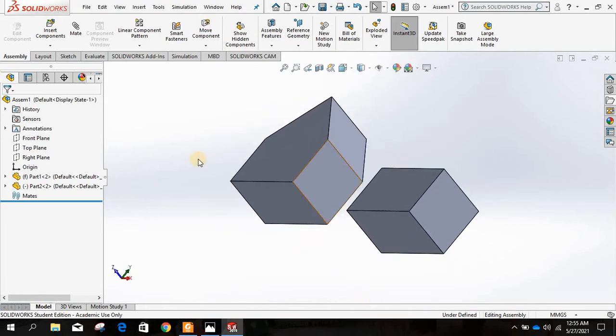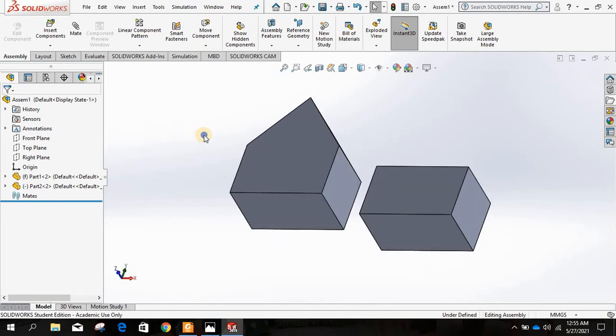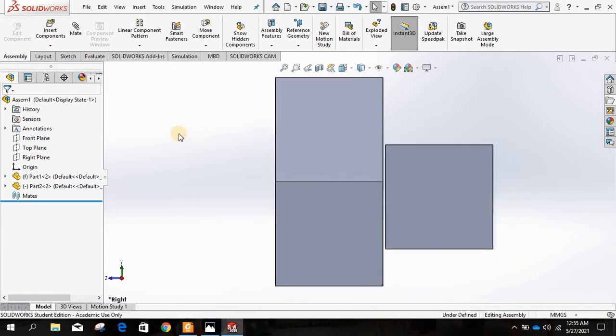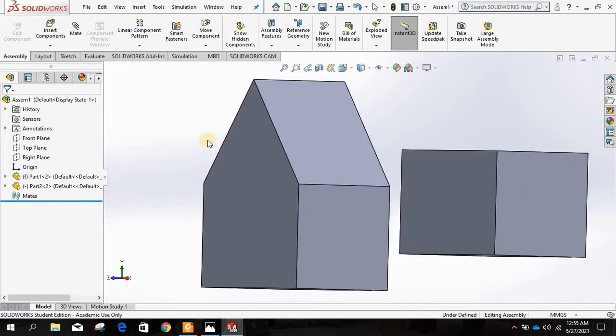And then to pan, it is easy. You need to do two things at the same time. Press Control and then hold the roller of your mouse. That's how you do it.